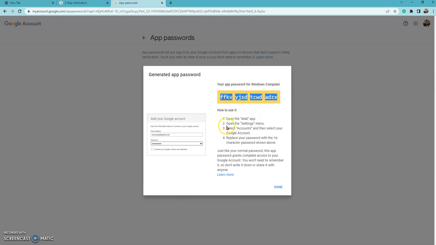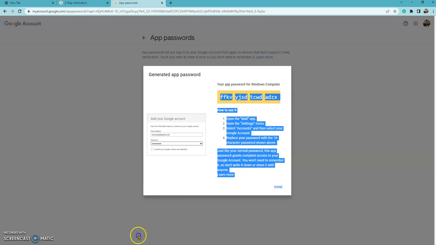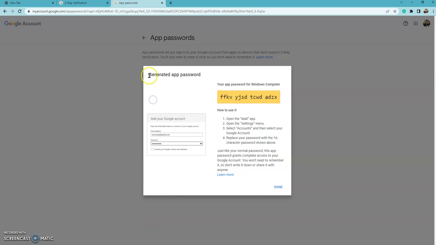So you're going to copy this as it says here: open the mail app, open mail settings menu, Google accounts, and select your Google account, replace your password with the 16 digit character password shown above. Right. So I would suggest you copy this at some point and then put it on the customer's notepad because you already signed in there, or ask them to just copy it and keep it safe, because now this will be their email password going forward for Gmail on that application